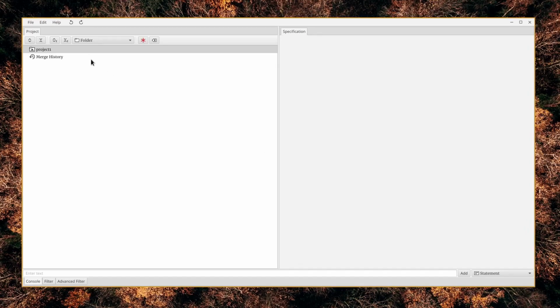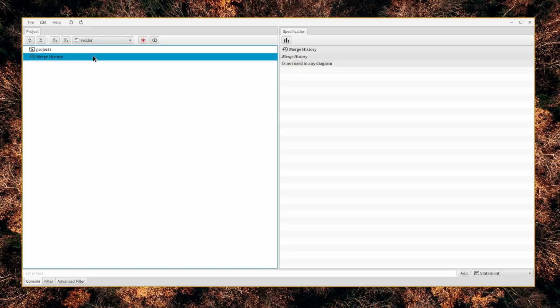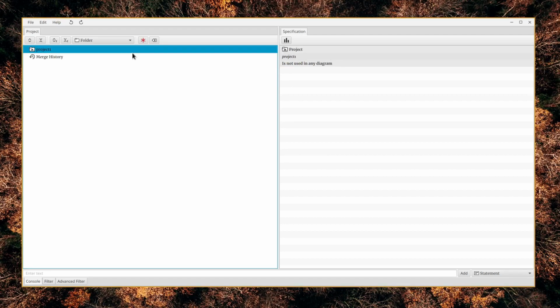On the left-hand side, you will see a section where you can add your scientific information. To begin, you will need to create a component that contains the information of the first scientific statement. To do that, select the project folder